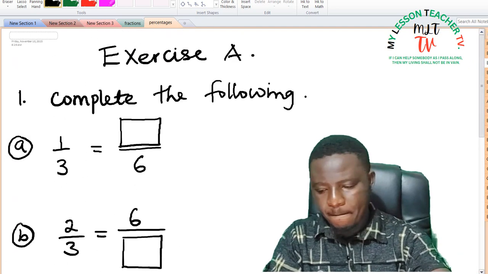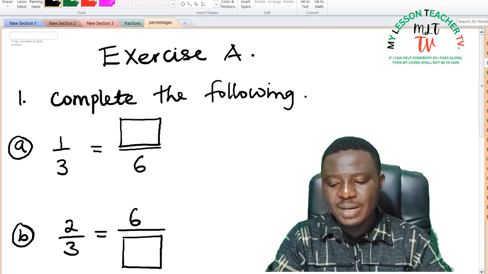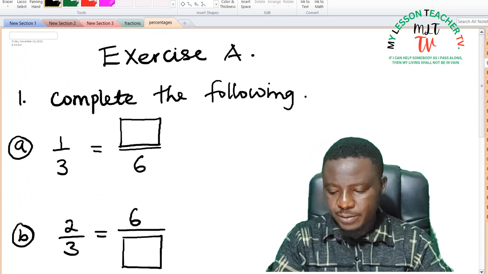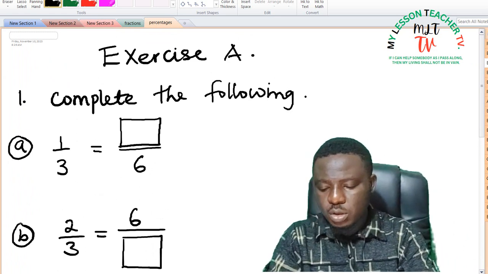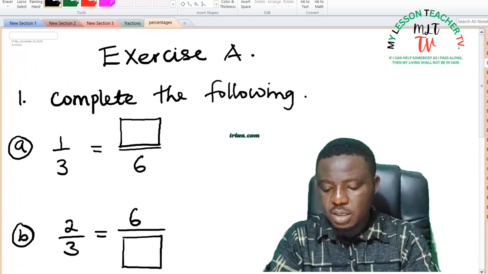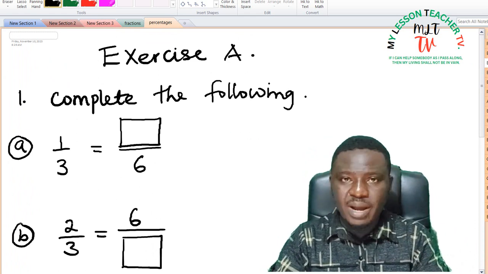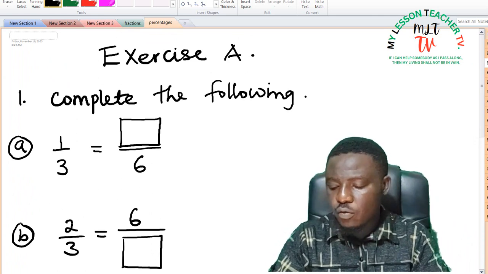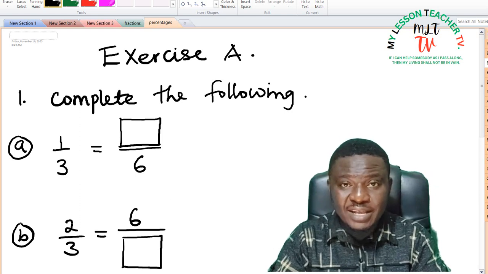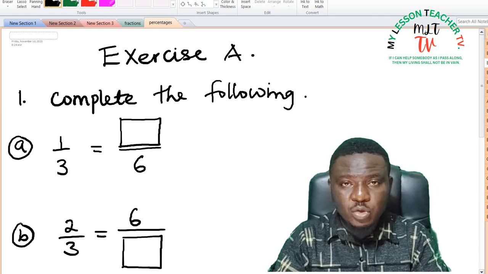Exercise A, we are asked to complete the following. That 1 over 3 is equivalent to dash over 6. How do I know my unknown? All you need to do is to find the equivalent fraction of 1 over 3 that gives you box over 6. For me to do that,